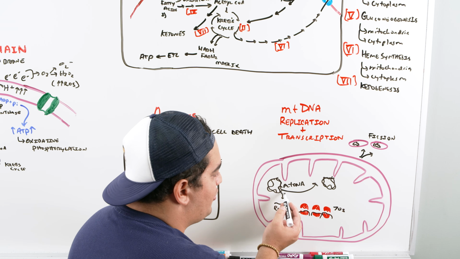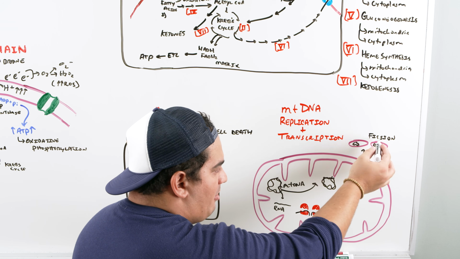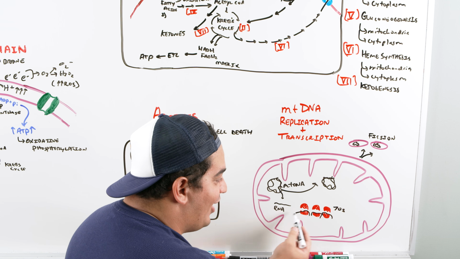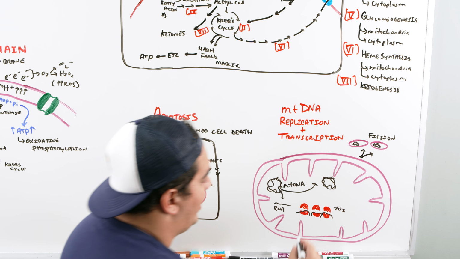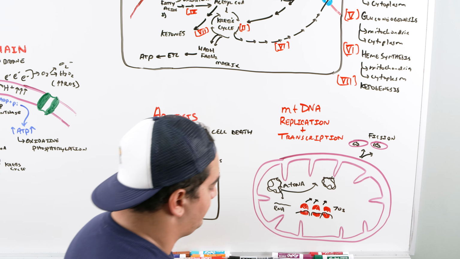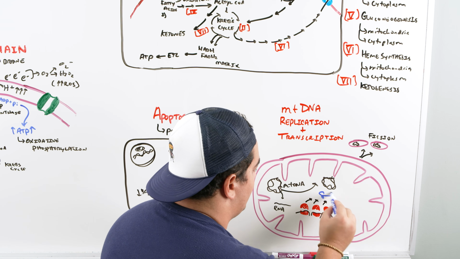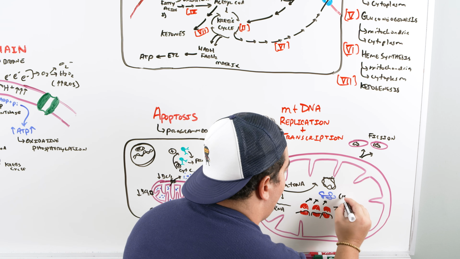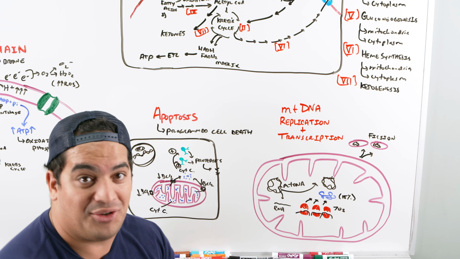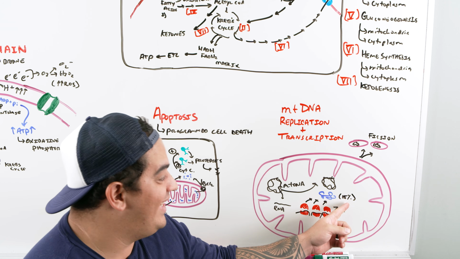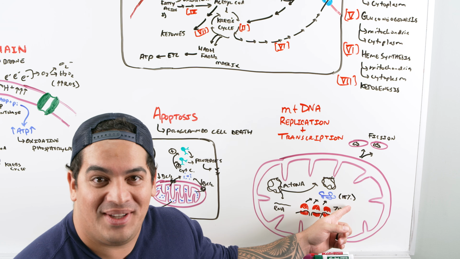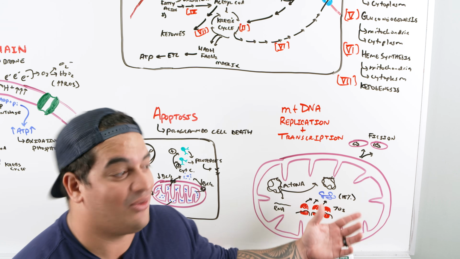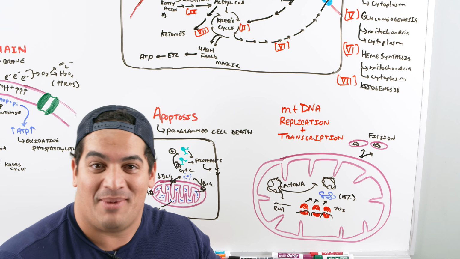From this mitochondrial DNA, it can replicate to undergo division of the mitochondria, or it can make RNA, and that's really important because you need the DNA to make RNA. You need the RNA to be translated, and the translation process will then synthesize particular types of proteins. These proteins generally account for about 15% of the proteins that are needed for the mitochondria to be able to perform its functions. So it needs a decent chunk, about 85% of the proteins, to come from the nuclear DNA, nuclear RNA, to get translated by the cytosolic ribosomes and then get transported across the mitochondrial membrane so that it